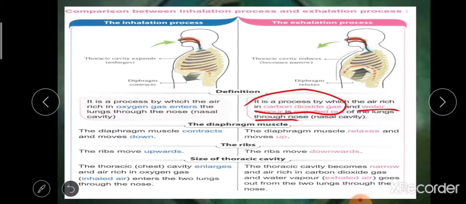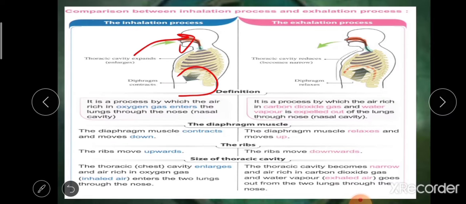But in the exhalation process, air containing carbon dioxide gas and water vapor is expelled from the lungs through the nose. What happens to the diaphragm? The diaphragm muscle contracts in the inhalation process and moves downwards. So the chest cavity enlarges or expands, and the air enters the lungs. Also the rib cage, or the ribs, move out